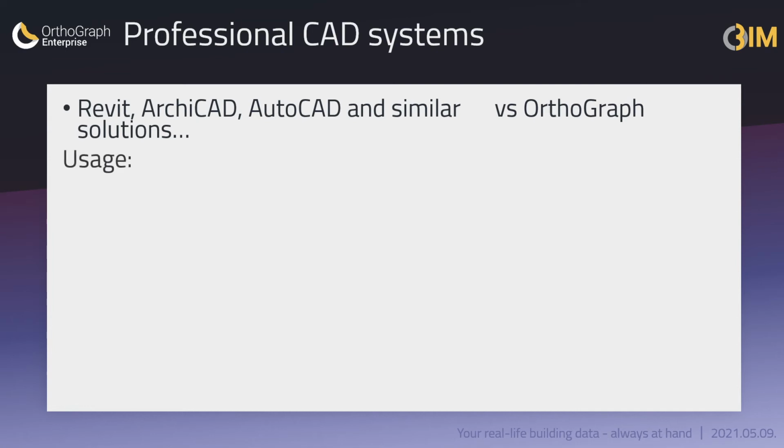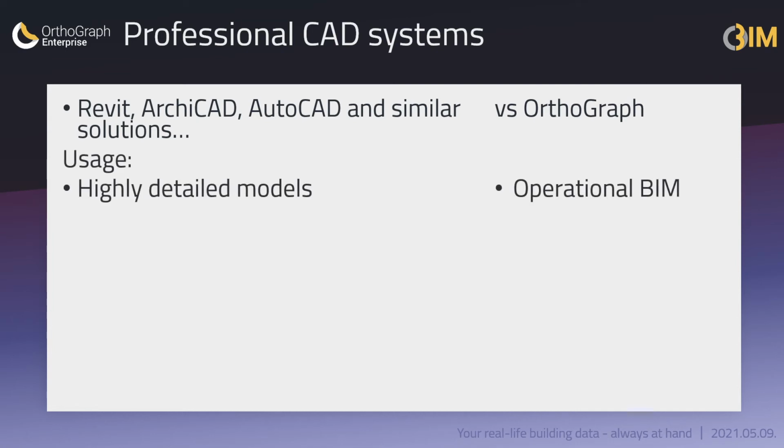CAD systems handle very detailed models with all building elements and technology built into them. For the operation, this might be impressive, but in real life, too much data means a large amount of work to keep it updated, and most of that data is not really required for the everyday operations. We believe the optimal is the minimum required data, but not more. That makes BIM feasible for operation.